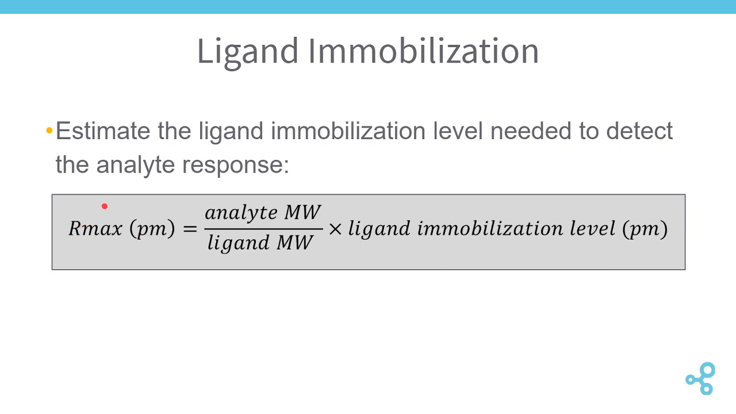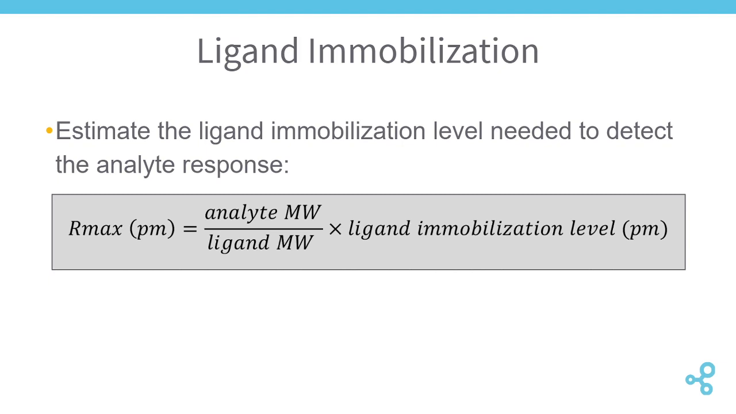So this is the maximum binding response that we can detect for our analyte, and it is proportional to the molecular weight difference between the analyte and the ligand, and that ligand immobilization level. So right here, even before we've gone to the lab to start our test, we should be thinking about, okay, well, I need to have a certain ligand immobilization level before I can continue with my experiment and get my